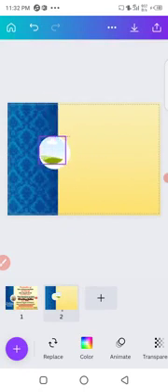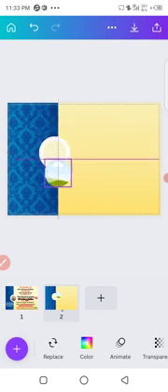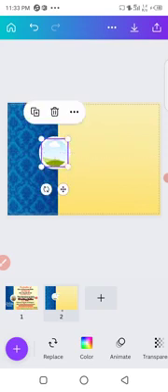Then you come and place it on top of this particular shape. You'll cover this yellow color, but don't color your border, this white border. Sorry, don't cover it. We are going to cover only this yellow color. So make sure you position it properly. After you position it properly like this, the very next thing I'm going to do now is